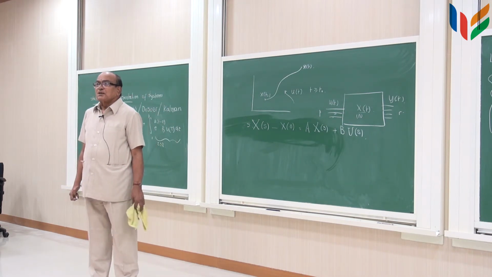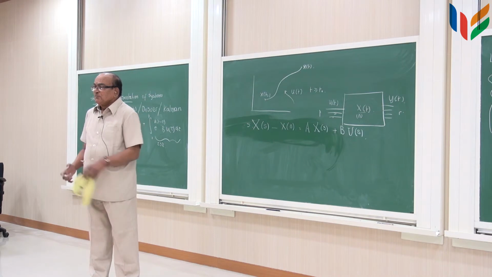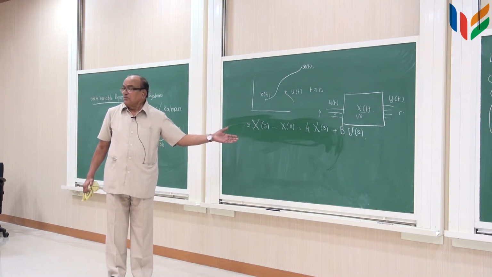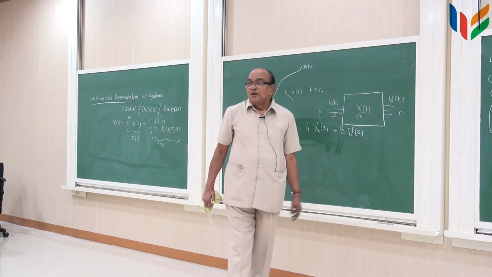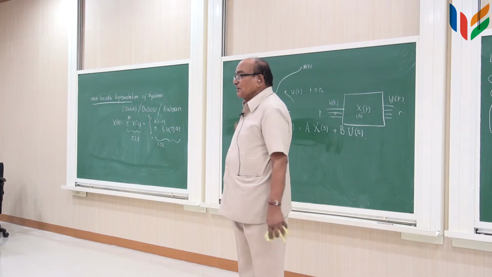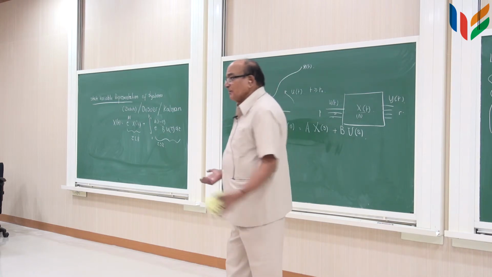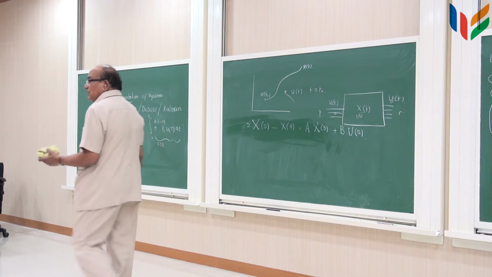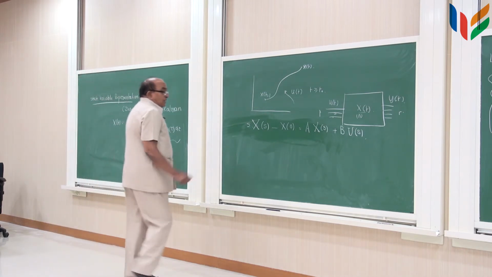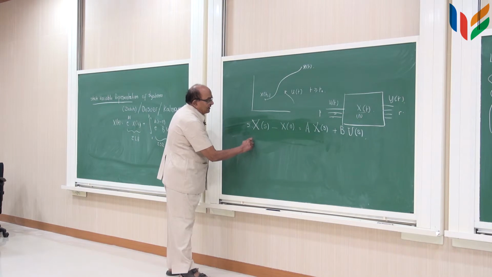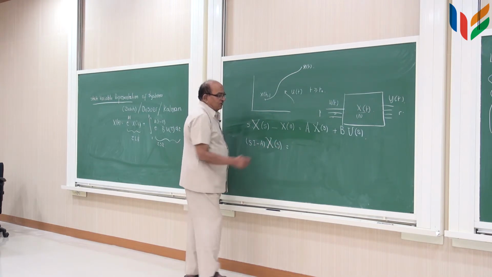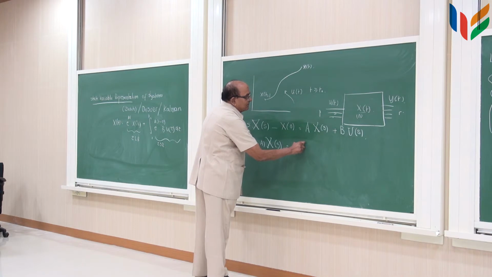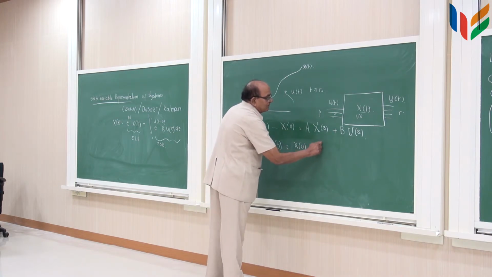If this is a time varying system, you are in trouble because you can't apply Laplace transforms on that, because a is also a function of time. Then you have a product of two functions of time, and you will end up with a convolution integral in the Laplace transform, which doesn't do any good to you in terms of simplification of analysis. So, if we do this, then S I minus a into x of s is equal to x 0 plus b u of s.